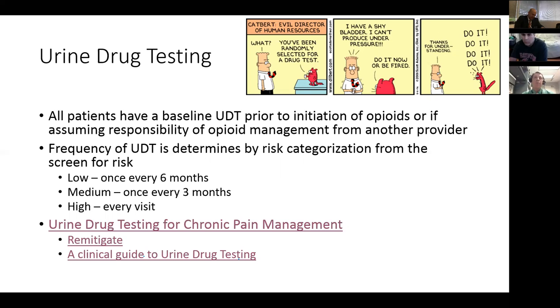Now, there are people that say that they still should be using random testing because in those high-risk categories, those patients know how to thwart the tests. They'll adulterate the tests. They'll do other things to try and circumvent being tested positive. I think that there's still a lot of value in continuing to test patients every time if there's a high-risk situation.